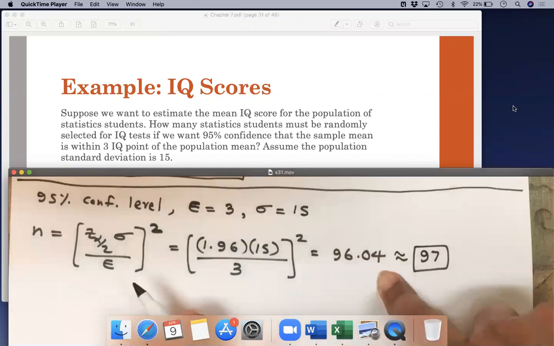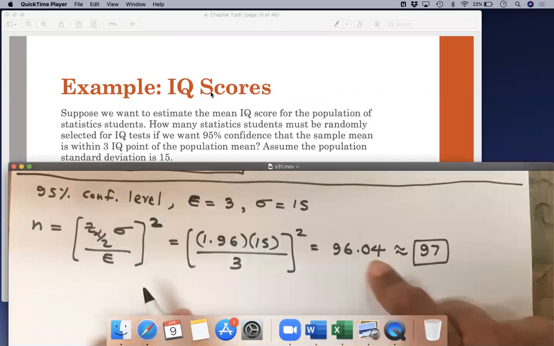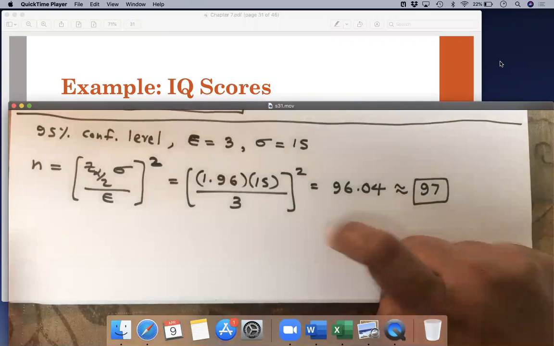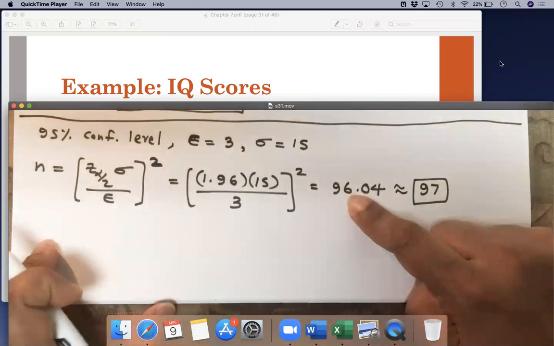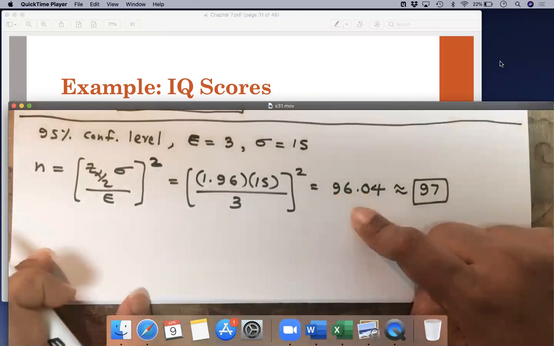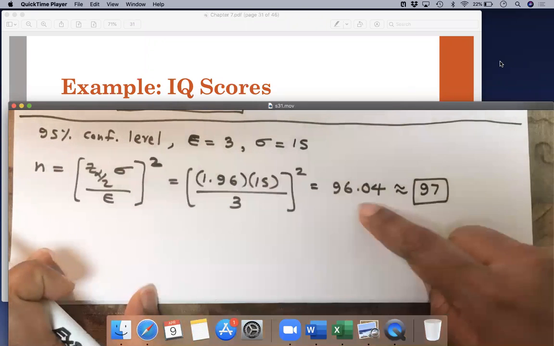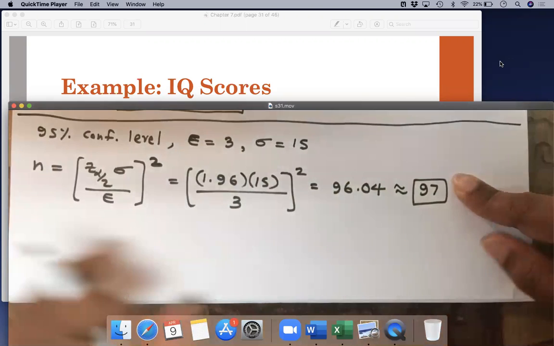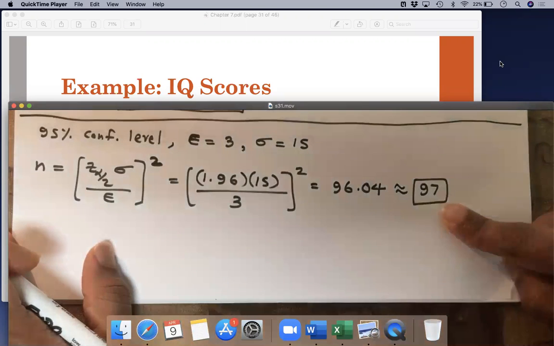Don't round down. Normally you might think it should be 96. No, that's not right for sample size. If it's normal algebra, you would write 96, but here you have to find sample size. If it's about sample size, always round up to the next whole number. So this is our final answer. So we need at least 97